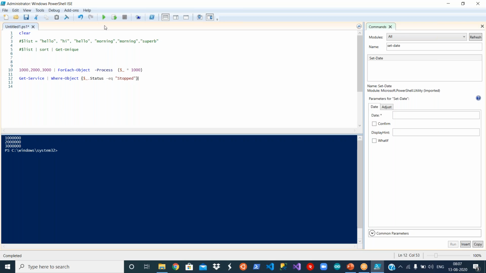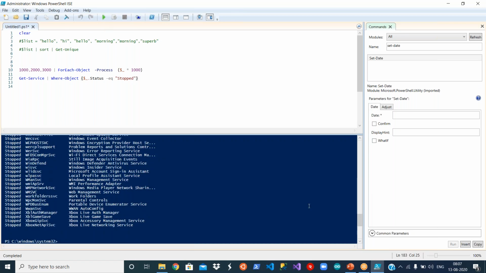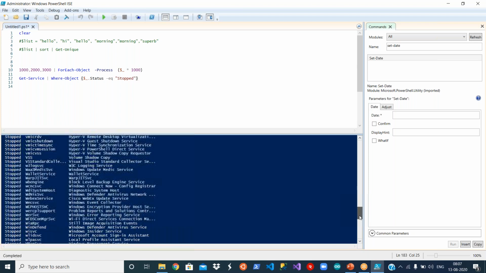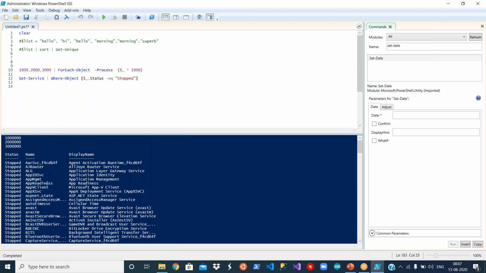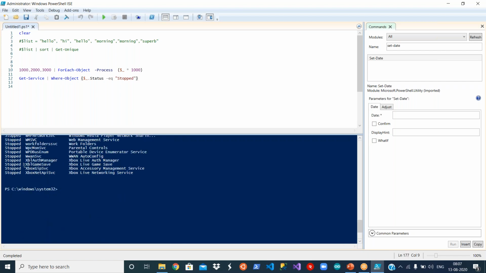Now, if I execute this, see, these are all the services on my laptop that are in stopped mode. So that's how you use these complex commands, a combination of more than one command and the $_ system variable. You are using a logical operator, a system variable, and then cmdlets and commands with the pipe symbol.